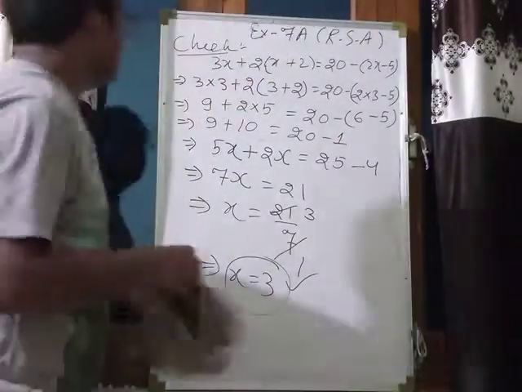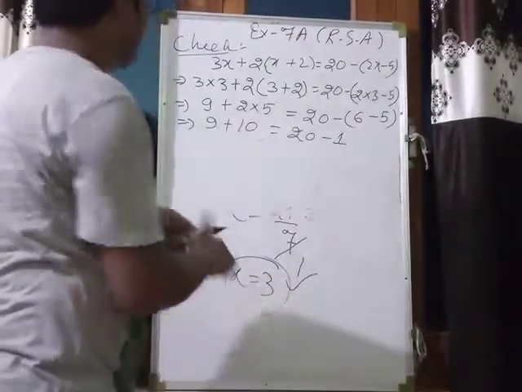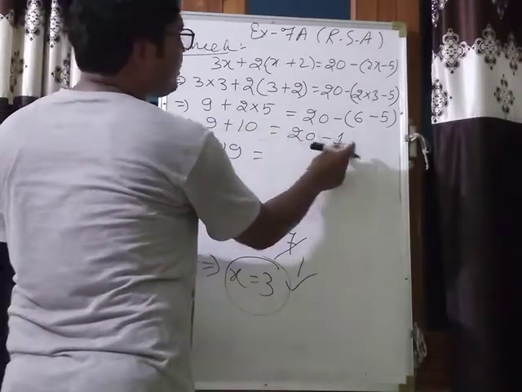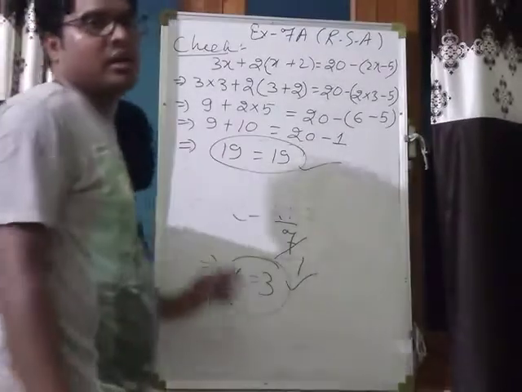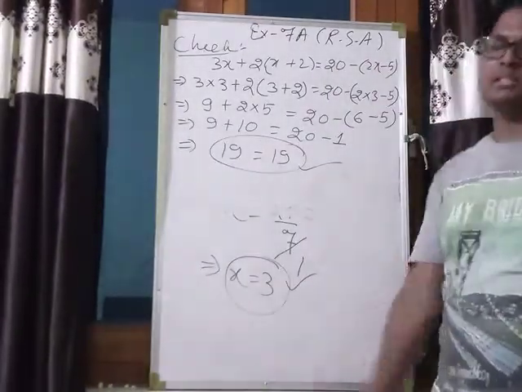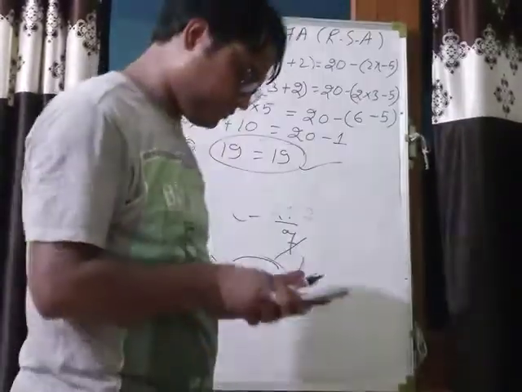Okay. So in the left side you can see what will become 9 plus 10, 19, and right side 20 minus 1, 19. So left side and right side both are equal, means our answer is correct, and the answer will be x is equal to 3. Got it? Now next,